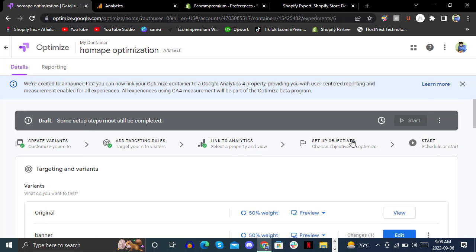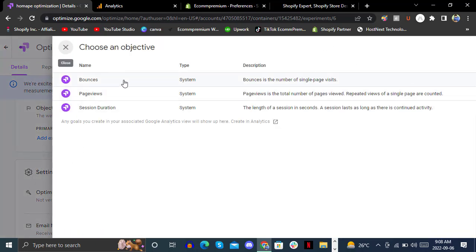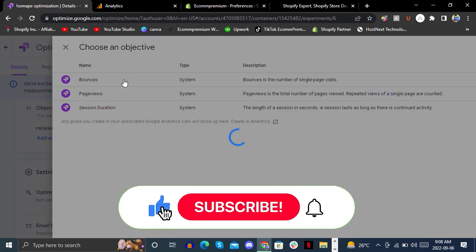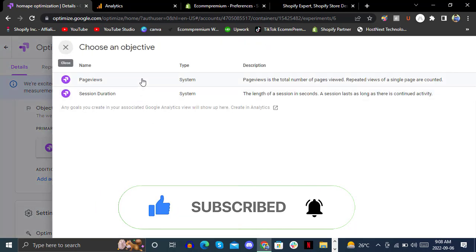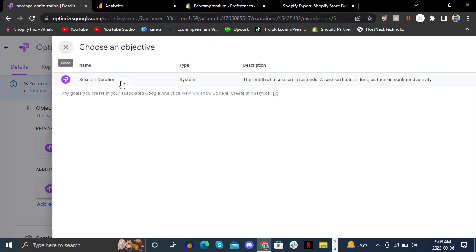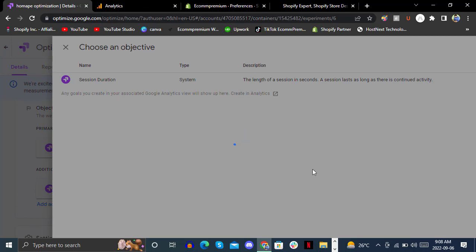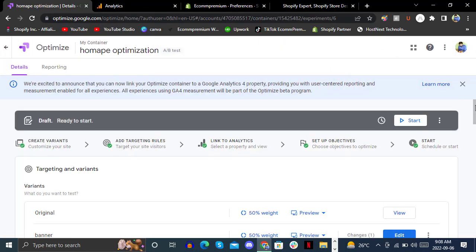And then analytics, setup objective. Our objective should be choose from list. Bounces, okay, we are making this, and another objective should be page views, and another objective should be session duration. So it's all created. Now we'll click on start,